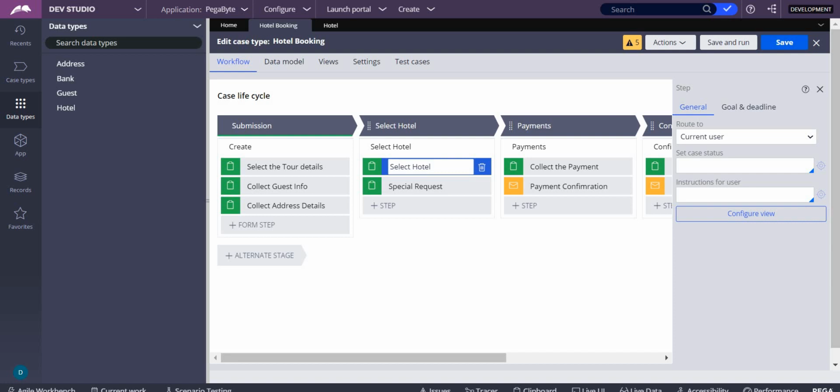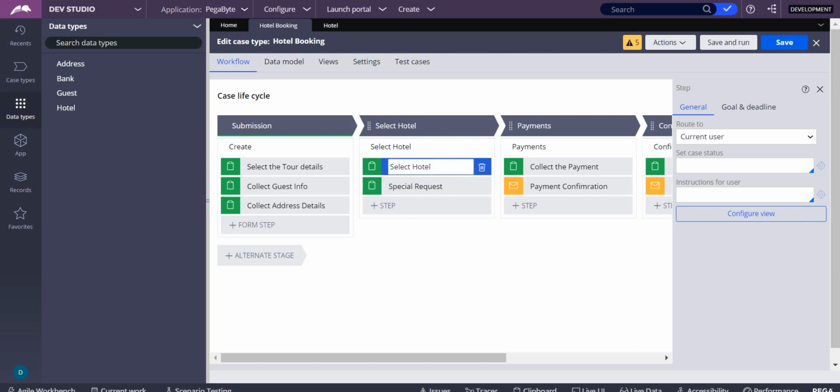But it doesn't mean that you always create tables for all page list or page group properties. We recommend using fewer Declare Index rules only. That's the best practice, because otherwise there will be so many tables in your database.